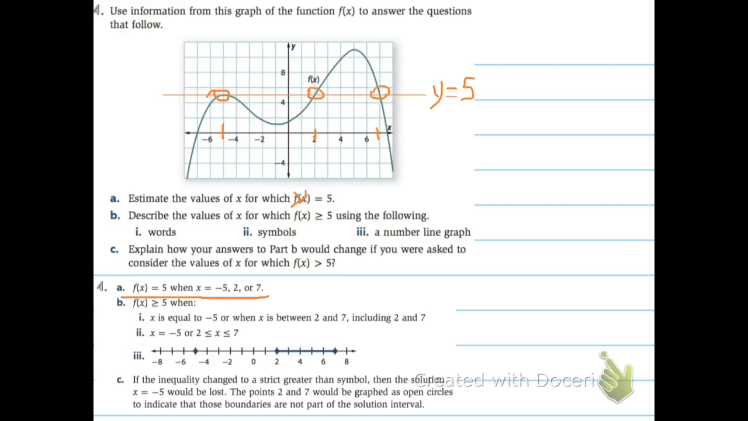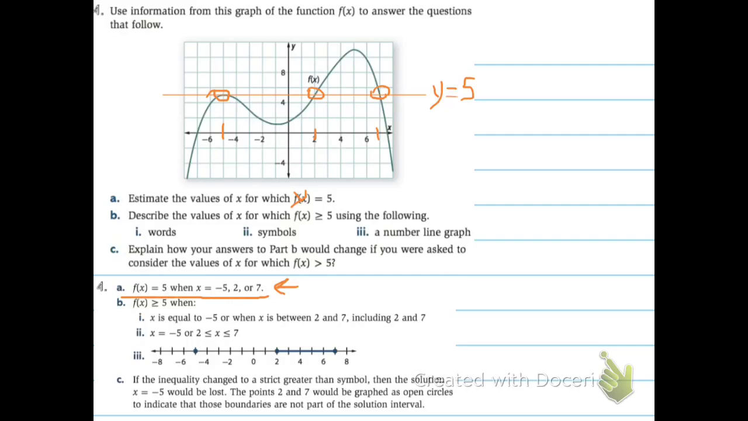Okay, part B says, describe the values of x for which f of x is greater than or equal to 5 using the following. Okay, so we're going to use words, symbols, and number line graph. Now, we know that because greater than or equal to includes equals, each of these numbers in part A are going to be included in our answer for part B. Okay, so -5 is one part of our answer, and then 2 and 7 are also parts of our answer,